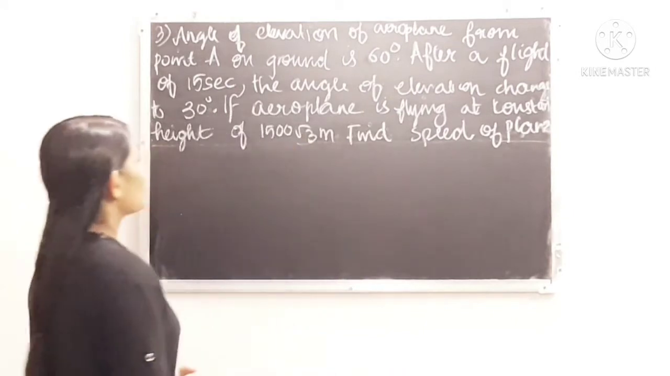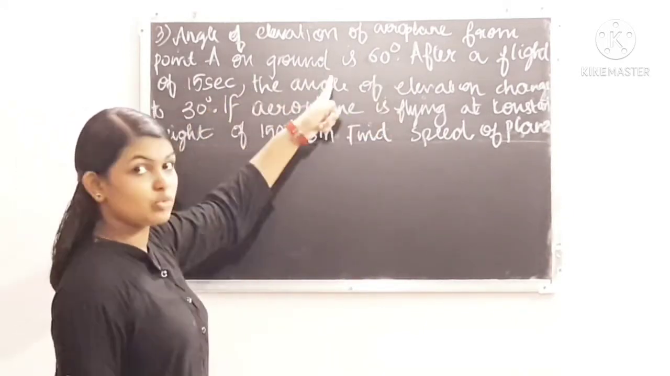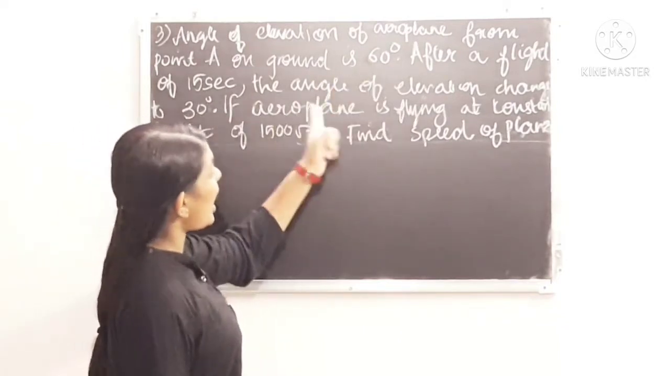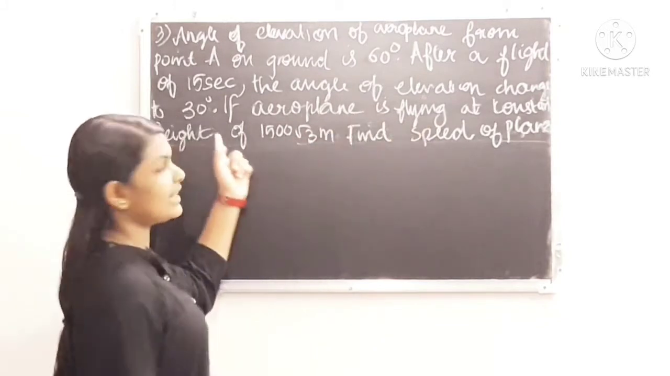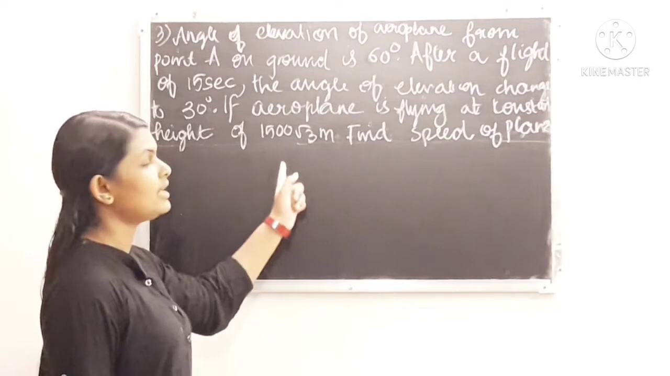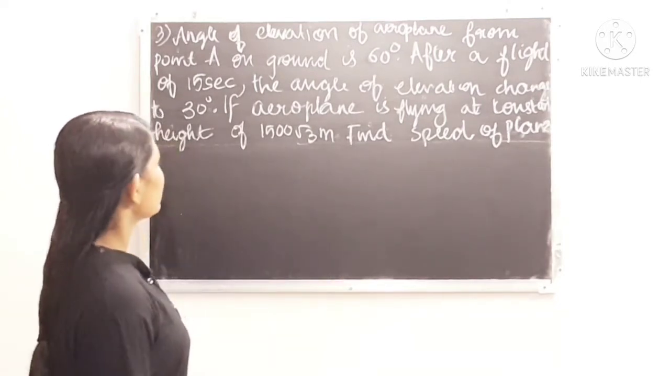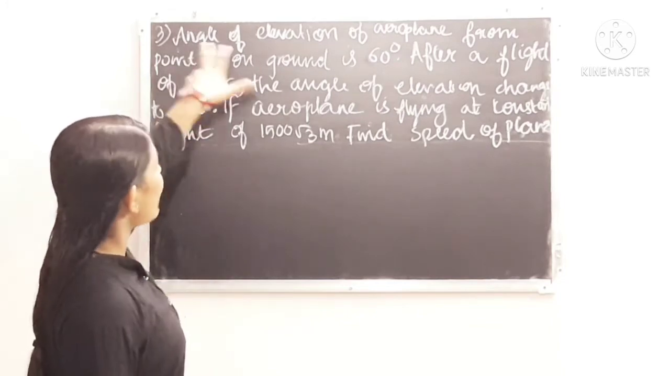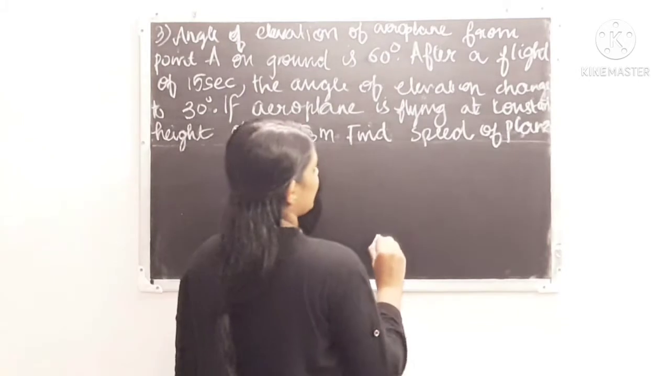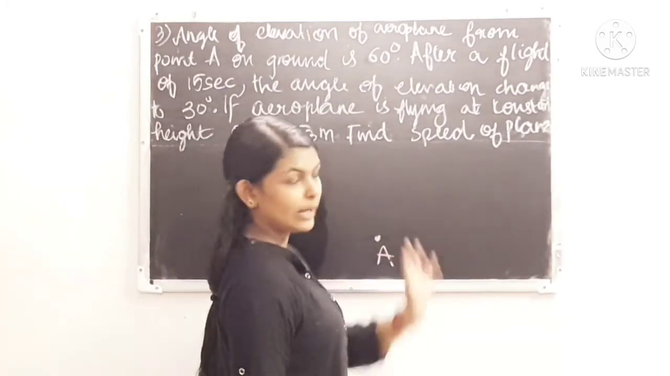The question is: the angle of elevation of an aeroplane from the point A on the ground is 60 degree. After a flight of 15 seconds, the angle of elevation changes to 30 degree. If the aeroplane is flying at a constant height of 1500 root 3 meter, we have to find the speed of the plane. So the question says that the angle of elevation of the aeroplane from point A on the ground. There is a point named A on the ground and that observer observes an aeroplane flying at a